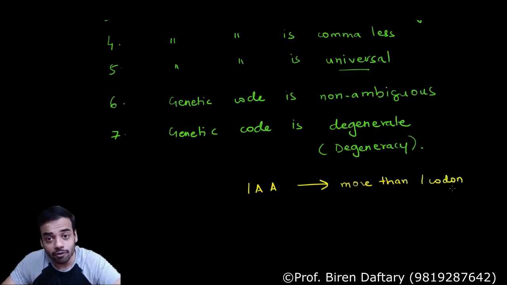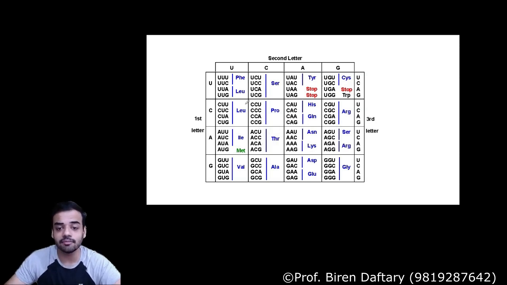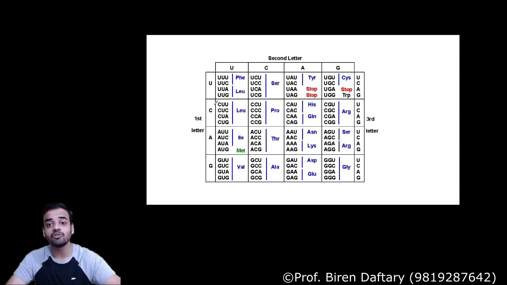One codon will only code for one amino acid, but one amino acid can be coded by more than one codon. Again, let us have a look at the chart. If we talk about glycine, then glycine can be coded by all these 4 codons. Similarly, threonine (THR) can be coded by all these codons. Leucine can be coded by these codons and even these two. So this is called degeneracy.